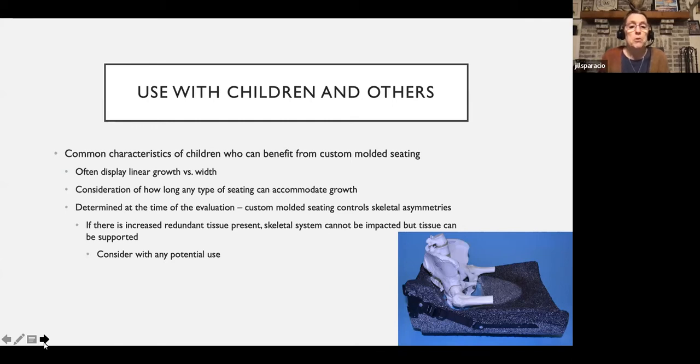I also need to be aware of how long any type of seating can accommodate growth. If you've got a seating system that can accommodate 3 to 4 years of growth, chances are, in my mind, that seating is not going to fit well and do what I really need it to do for that whole life expectancy. So with custom molded, I know I can get good fit long term. Again, we determine this at the time of the evaluation, keeping in mind that custom molded seating is designed to